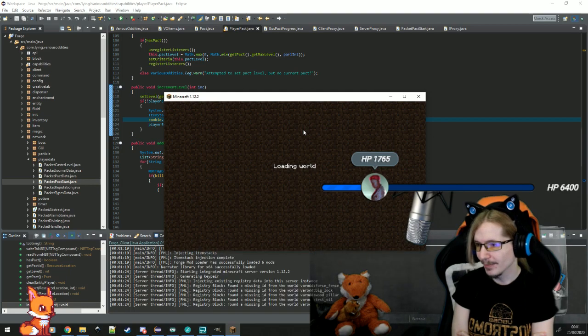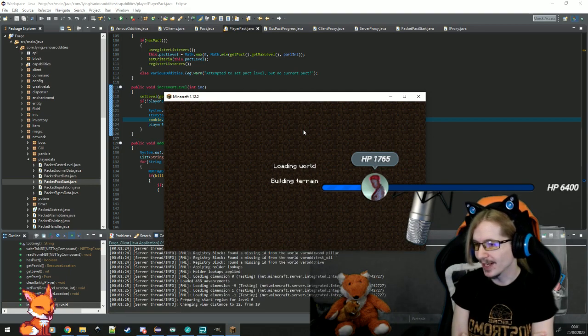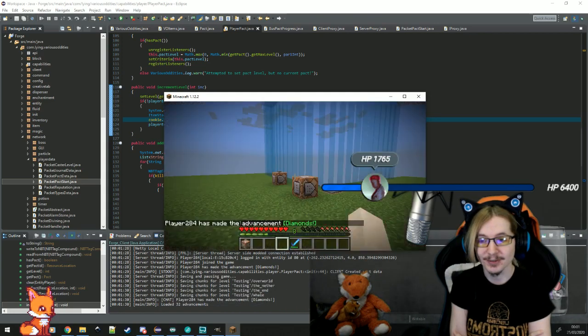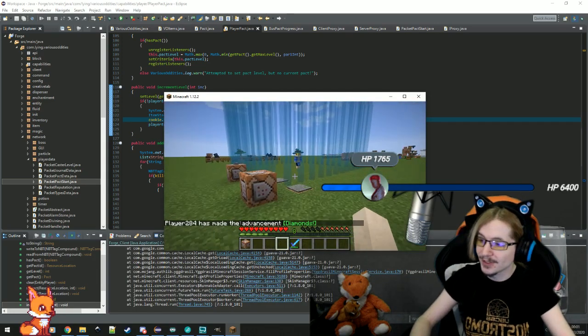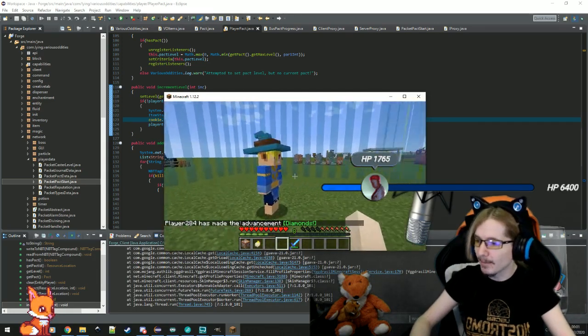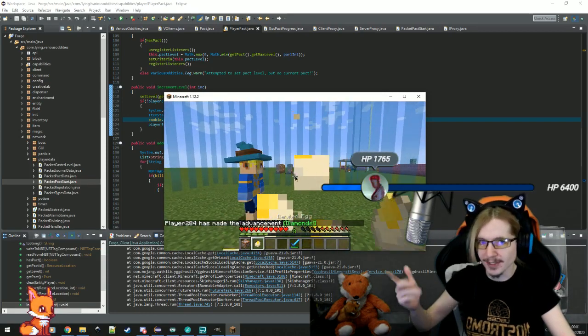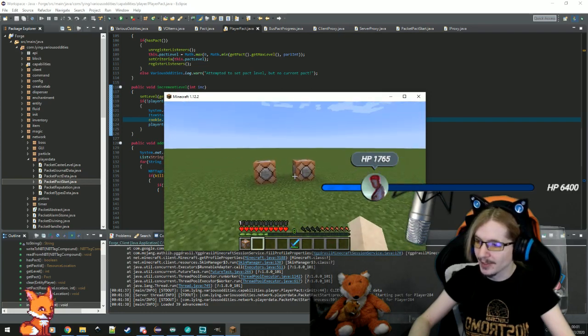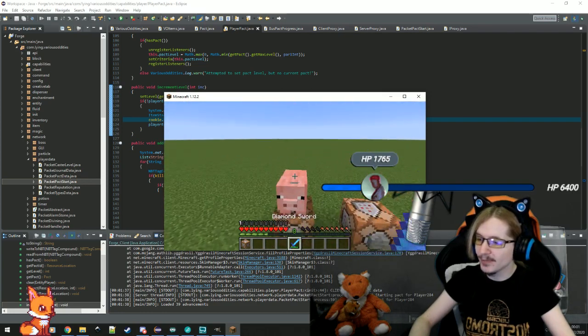Having server-client parity for this does, though, mean that we can have specific visuals related to various pacts and certain tiers of them. So, for instance, if we had a demonic pact, like something related to the Nether, for instance,